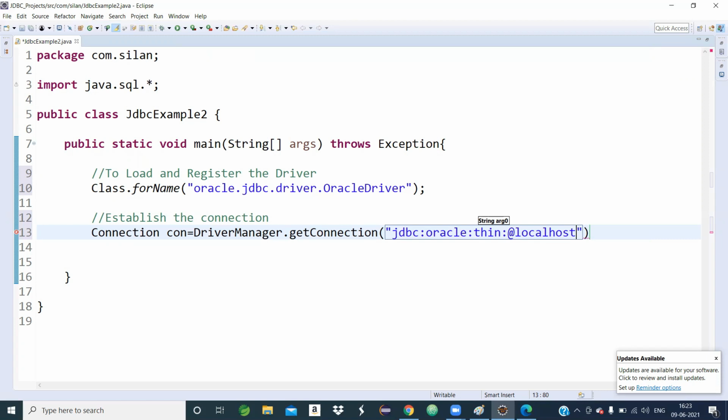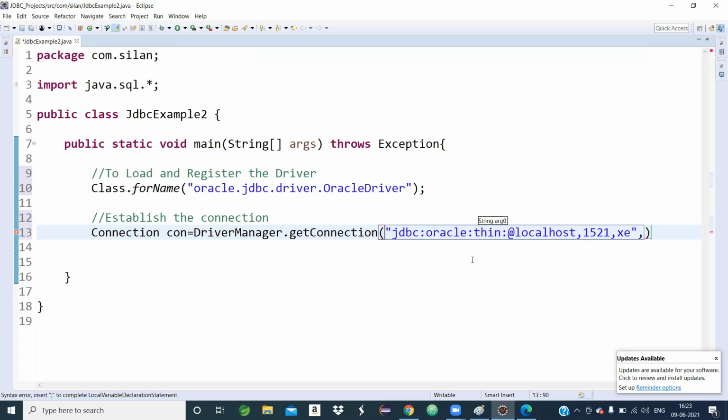Once you install Oracle in your system, a server is automatically created. Then 1521 is your port number, which you can get at the time of installation of Oracle. Then XE, Express Edition, is basically called the database instance name.